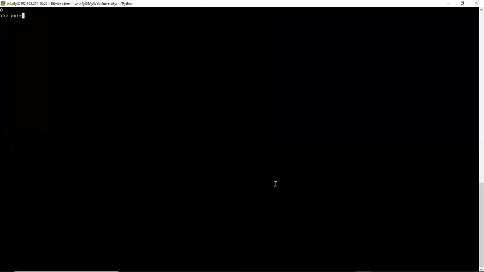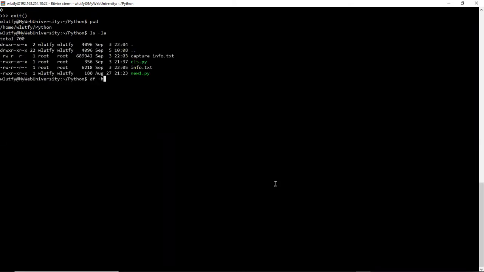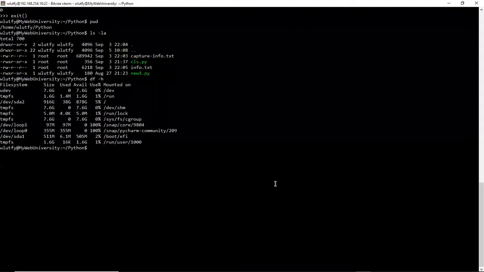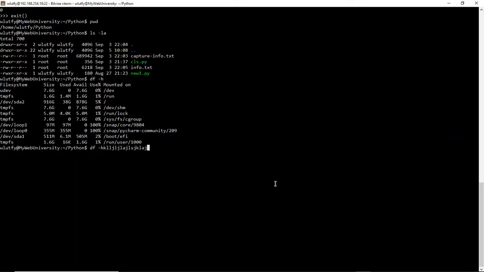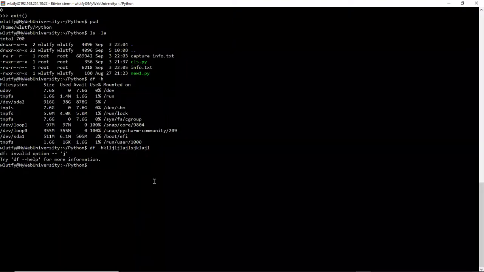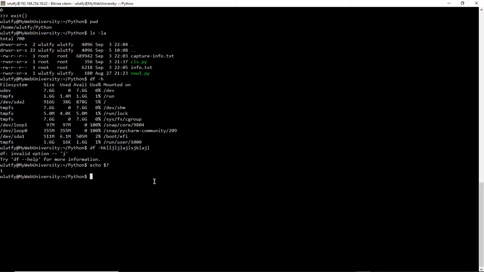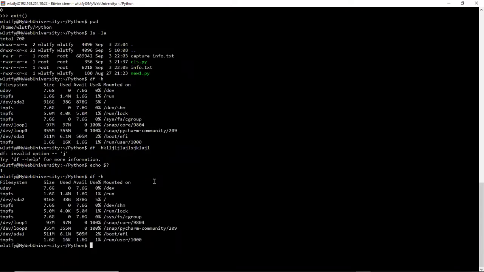If I just come in here and say pwd, ls -l, df -h, I get this command. Now if I say df -h and put some garbage here that is not the proper syntax, then I say echo $?, it is going to say 1. But notice if I run this command successfully, then I say echo $?, meaning the return value is